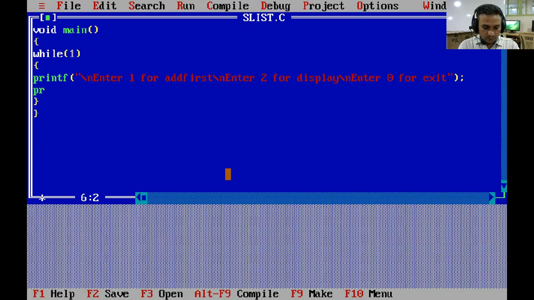So with printf, we will give a choice to the user. For this, you have to write: enter your choice. What you want to perform. You want to add the first node, or you want to display, or you want to quit. So, enter your choice.